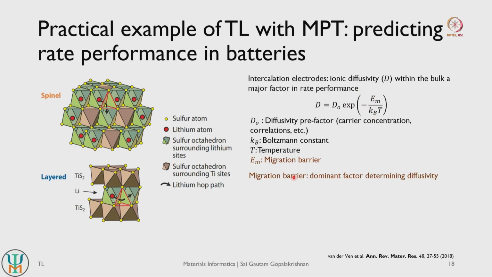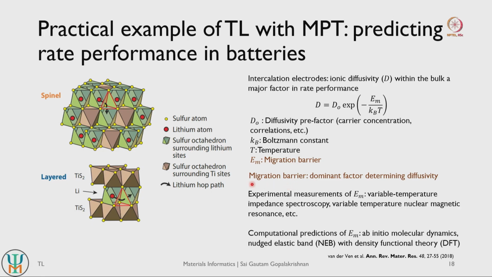And the migration barrier is a material property, so it is dependent on the phase of material that constitutes your battery electrode or your solid electrolyte, and since it is a phase dependent property, it depends on the material, on the moving ion, on the other atoms present in your structure, and so on. So it is a property of that given material or that given phase, right. And if we find ways to determine migration barriers quickly, you can basically get an estimate of how easy or difficult it is for ions to move within your electrode or solid electrolyte material, and hence predict the rate performance of a given material in a battery setup.